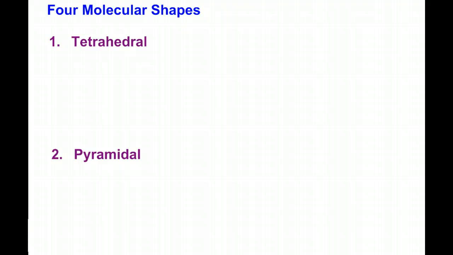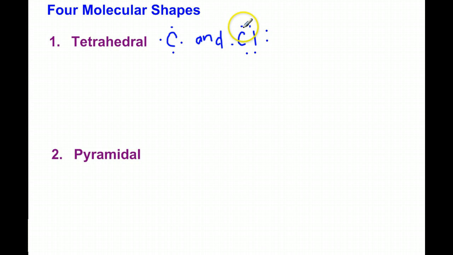So an example of a tetrahedral molecule is when carbon comes together with chlorine. And carbon has 4 bonding spots, and chlorine needs to pair up with 1. So we need 4 chlorines, right, to satisfy each of these 4 bonding spots. So what happens when chlorine and carbon come together is it forms a shape called tetrahedral. So we'll draw it first and then I'll explain it. So we have carbon in the center bonded to a chlorine, chlorine,